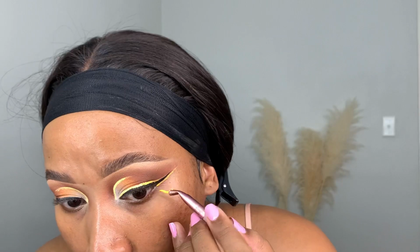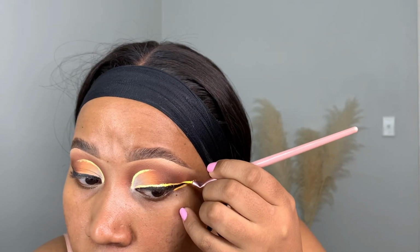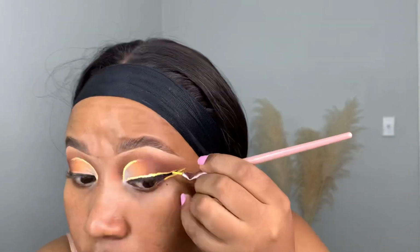Why does it look more yellow than it does orange? I'm so frustrated right now. What a mess, child. That's as good as it's gonna get, child. So mine looks a bit more yellow than it does orange, but